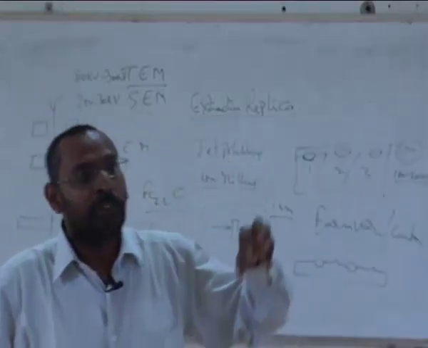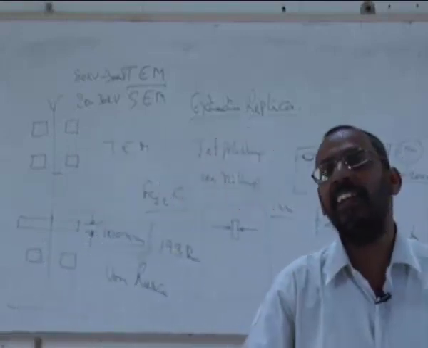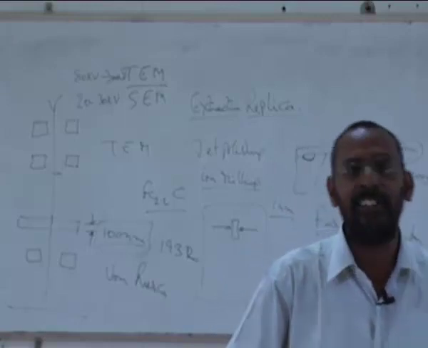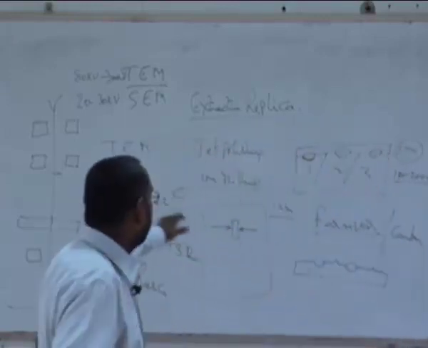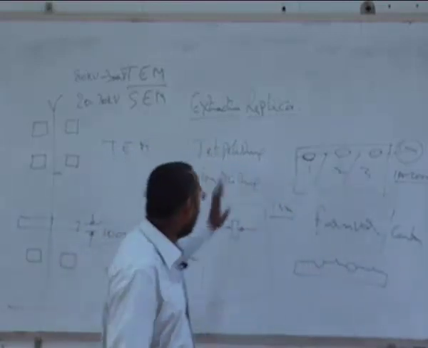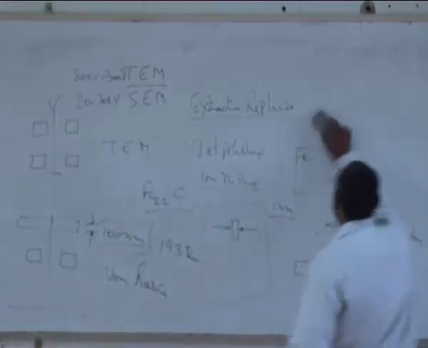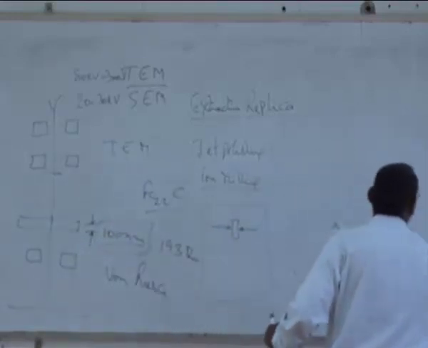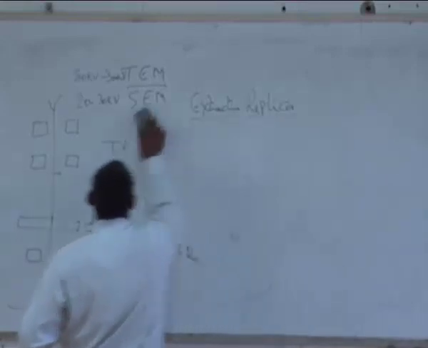So if I want to see such information, that I want to see the clusters inside the liquid or the clusters inside the glass, which is what we call a short range order, this kind of replicas will not be able to give all that. So that's the reason why we had techniques like this, and now people regularly use all these techniques to be able to see the samples.